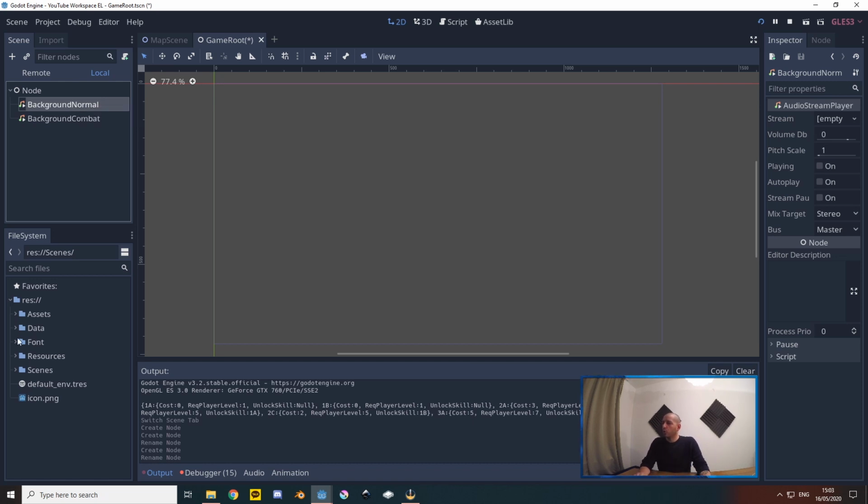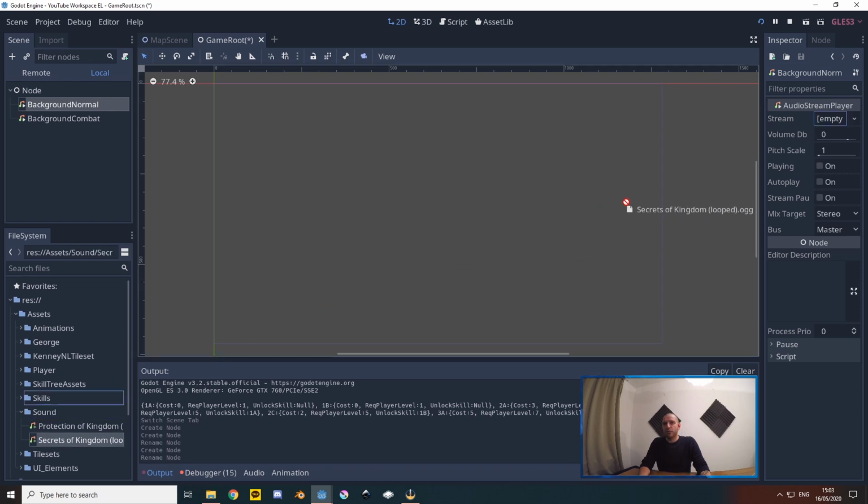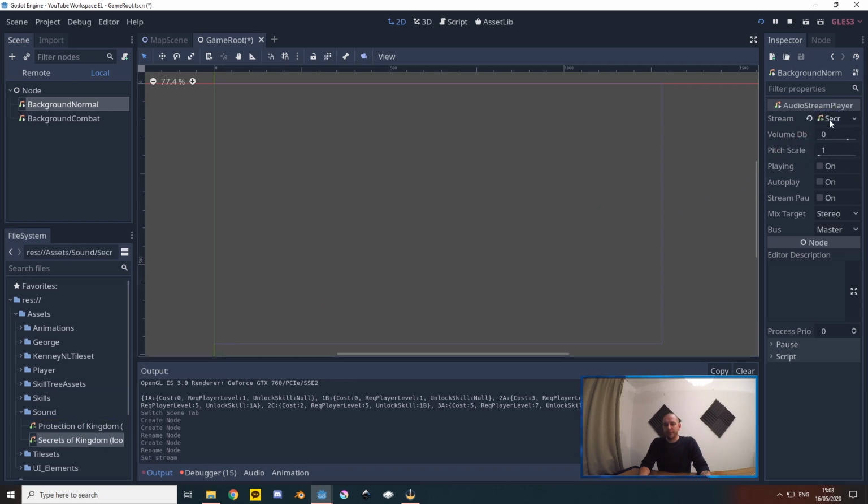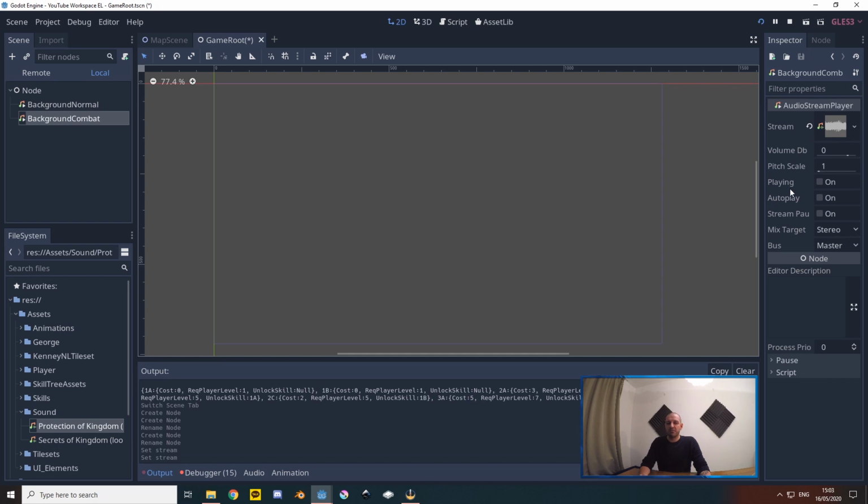Now for the background normal, we're going to go to our assets, and we'll add our Secrets of the Kingdom audio file to the stream by simply dragging it to it. We'll do exemplary for the combat, but then we'll take Protection of the Kingdom, as that's more our combat, our upbeat soundtrack. We currently don't have to set anything in the settings right here, but we will need to set some settings once we start fading in and out with the mixer,